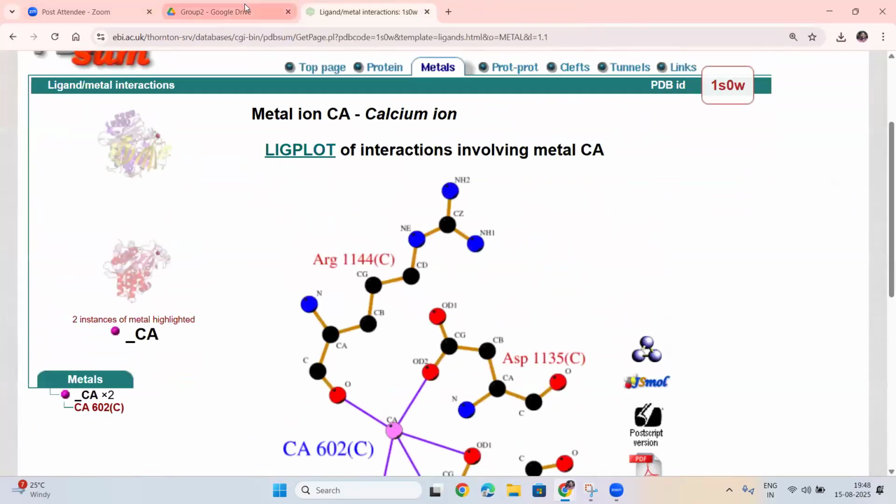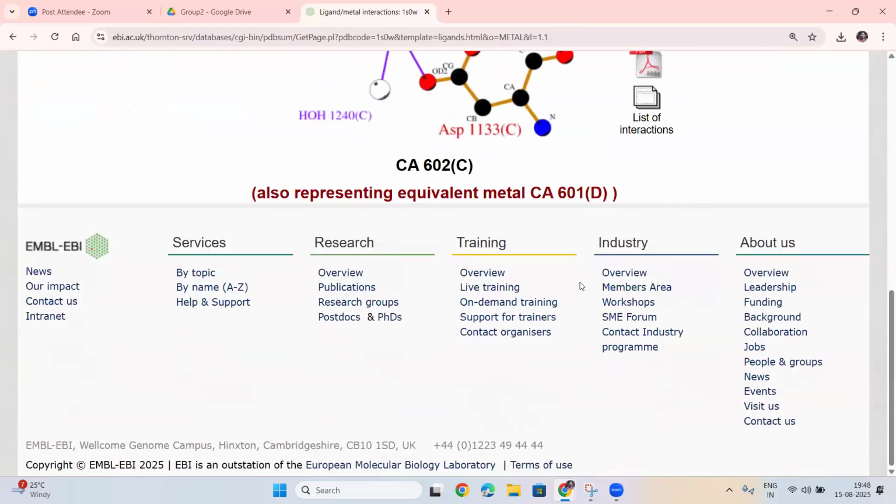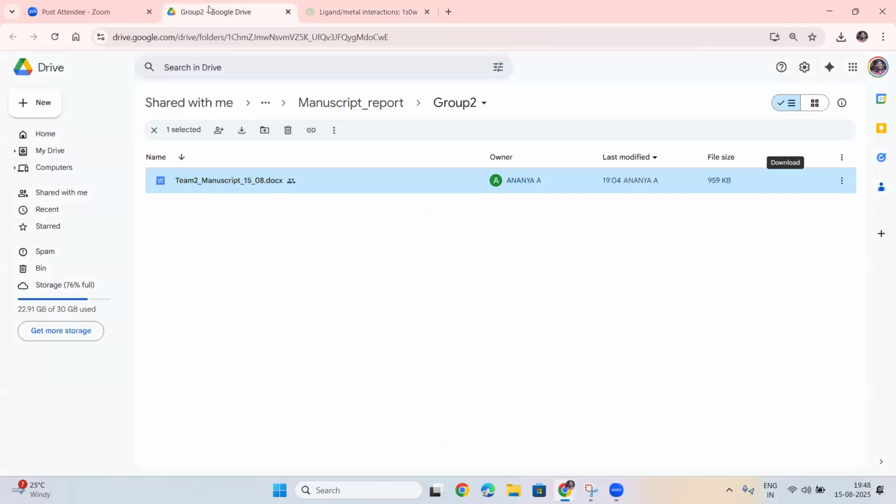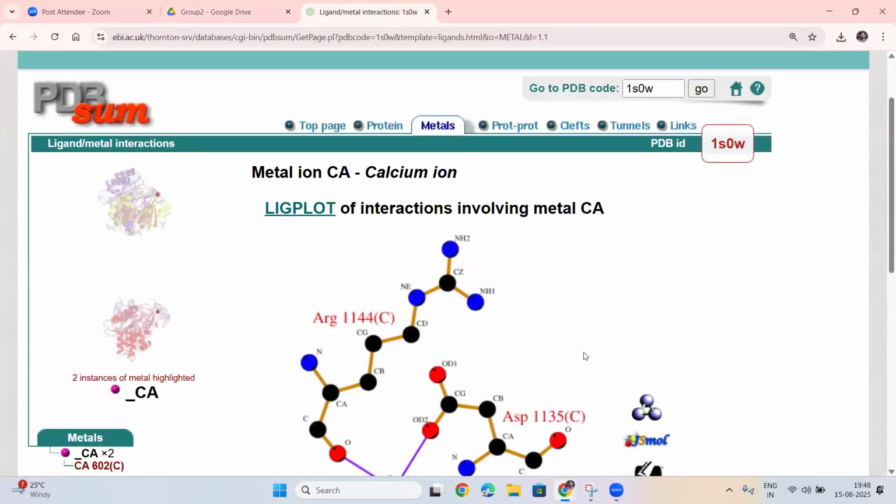You know how to take images in Discovery Studio? Yeah, 2D plot you know to take, right? I'm expecting the same also. Will you do the same? Yes, sir. 2D plots from Discovery Studio and the images of visualization in PyMOL. Very good, very good, very good.